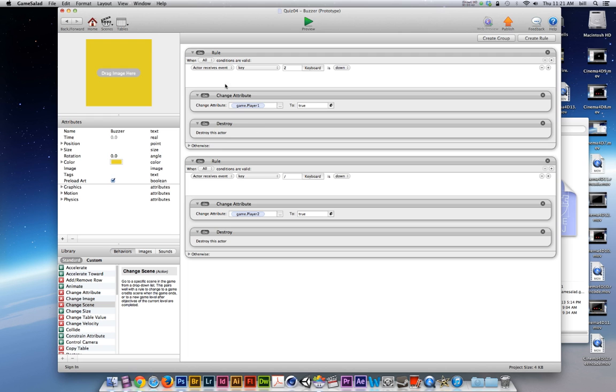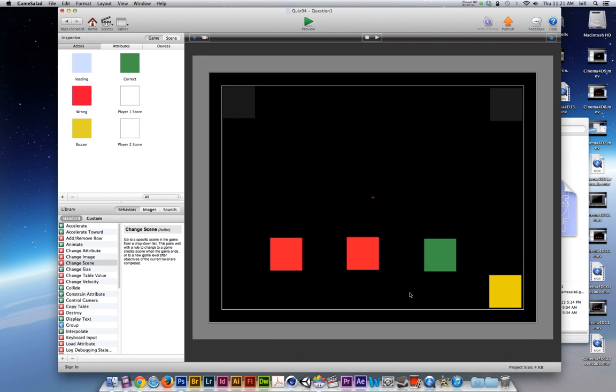It works great. The only issue is that when we're in question one, if I buzz in as player one and I get the right or wrong answer, and now it kicks us over to scene two, player one is still actively set to true. So player two could buzz in as true or active, and then the points will be earned by both players. And so at this point, what I need to do is build a little bit of logic,